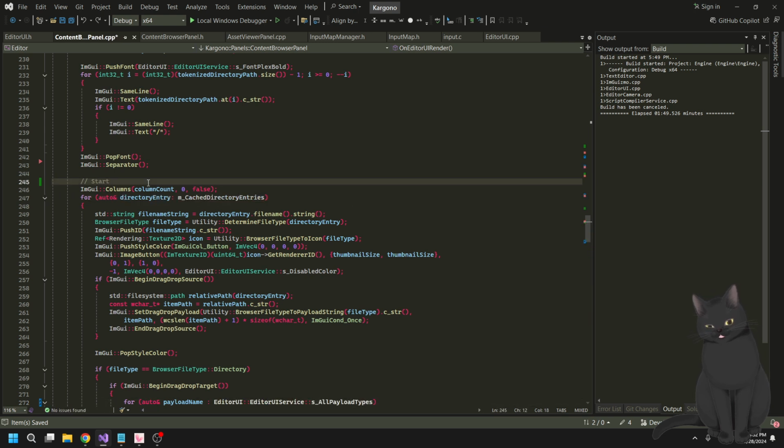Okay. Start creation. Starts. I don't even know what to call this. File manager. Content panel. Browser. Start file browser. I guess I'll call it start file browser. And then